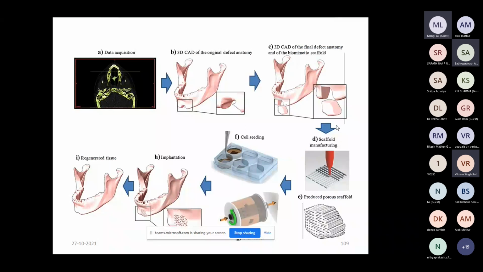So this is the process of how we can generate a scaffold, or we can change a tissue, okay, for a defective part.